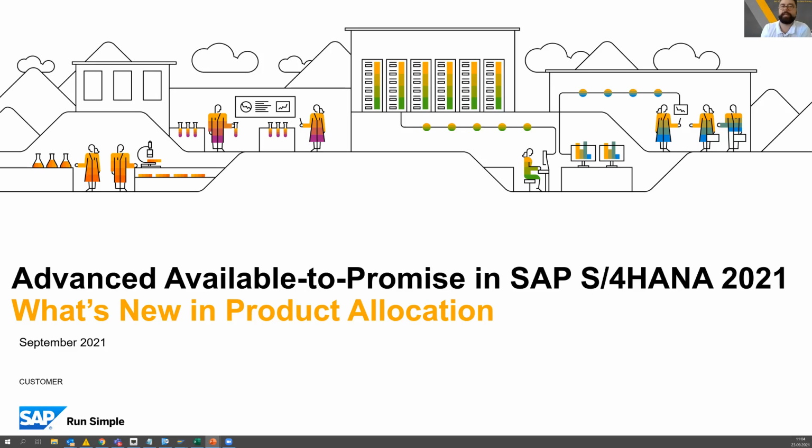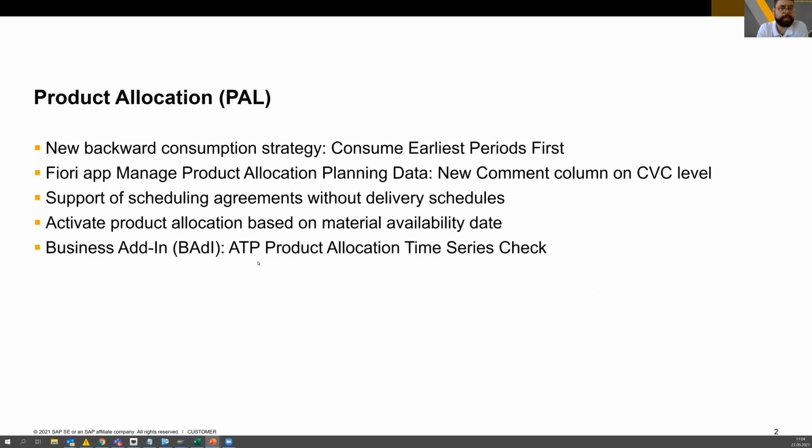With the product allocation, we will look into several topics. In the new product allocation, we have a new backward consumption strategy. I will show you the Fiori app for managing product allocation planning data, where we have introduced a new comment column as feedback from customers that they wanted to be able to explain a bit more what they are maintaining. We support scheduling agreements, or to be more precise, sales scheduling agreements,